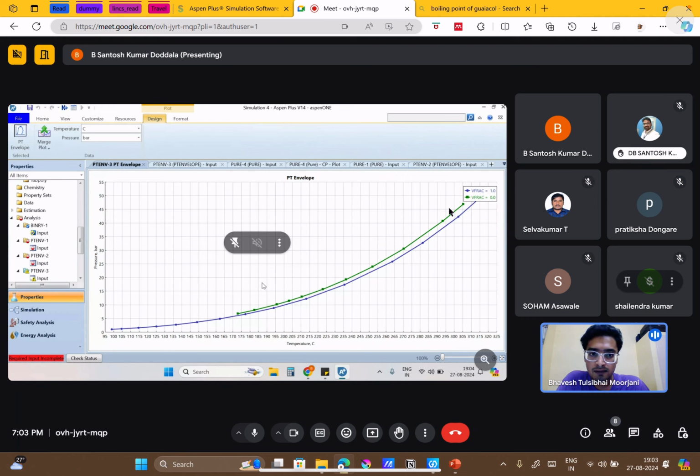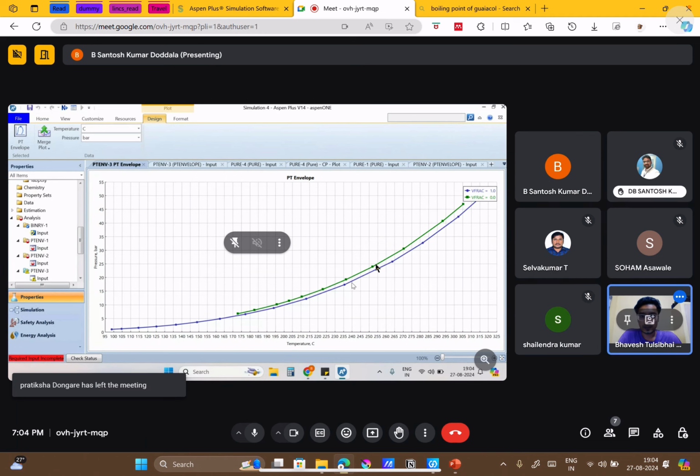This green line shows vapor fraction as 0, the blue line vapor fraction as 1. So above the green line, we will have a liquid phase. Below the blue line, we will have the vapor phase, and in between them we will have vapor liquid equilibrium. So if I am between the green and blue curve, I will have both vapor and liquid in my system, which is the VLE part.